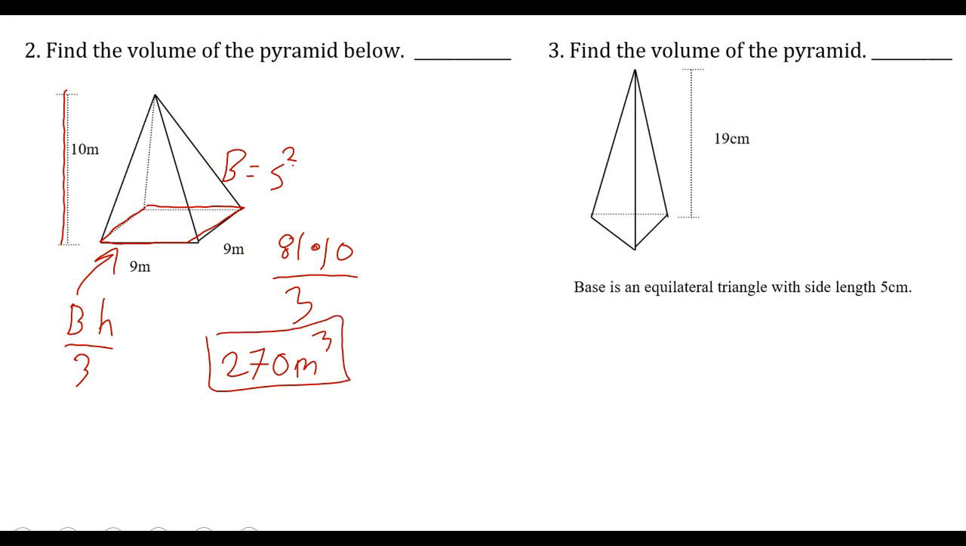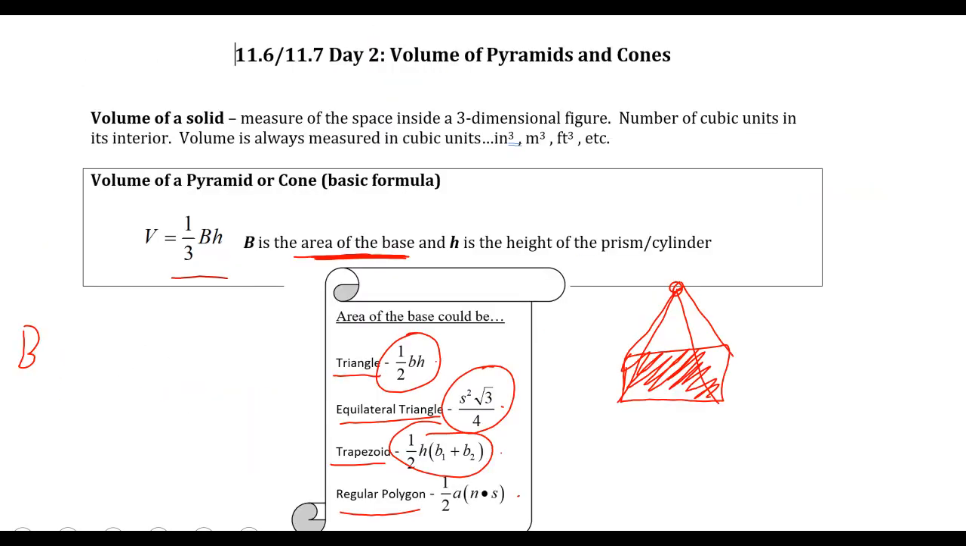Find the volume of the pyramid. Oh, we have a triangle. Not only that, the base is an equilateral triangle. That means all the sides are 5. Nice. We actually have a formula for that. You could use a couple different methods, but if you know the equilateral triangle, and I provided it for you there, right here,